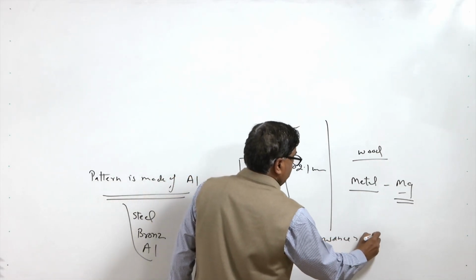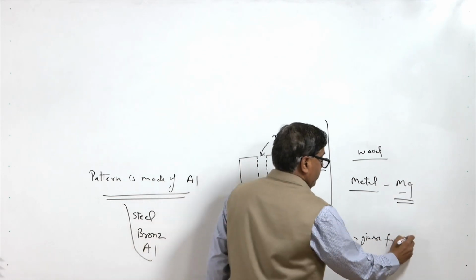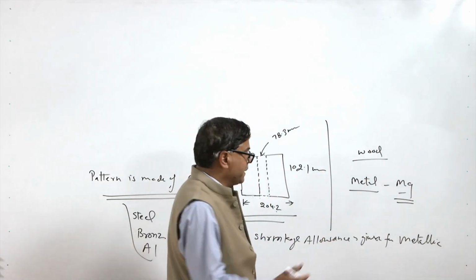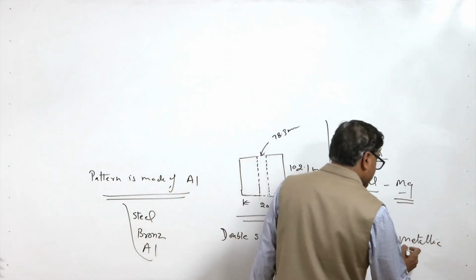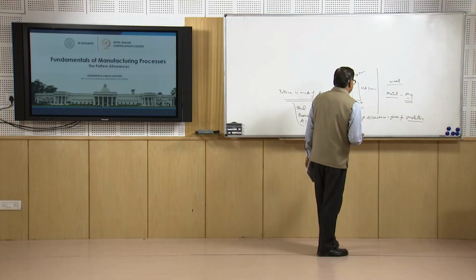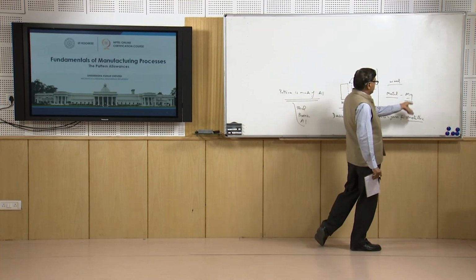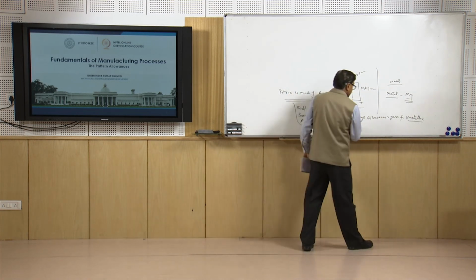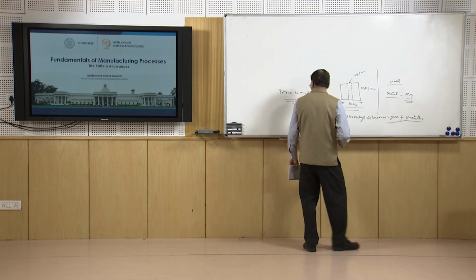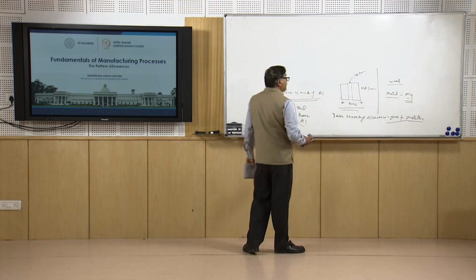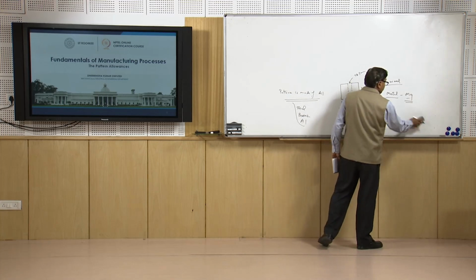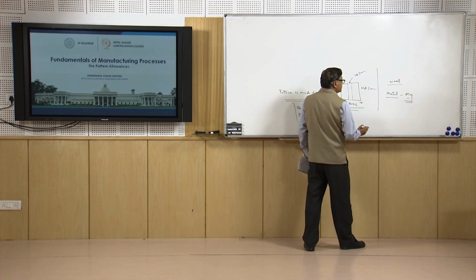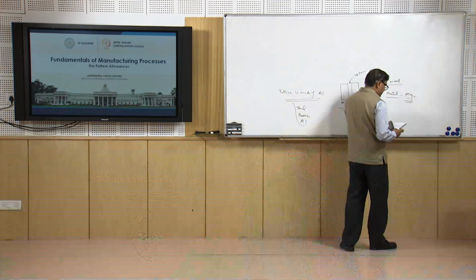is given for metallic patterns, because in that case first of all we have to make the pattern of wood, and thereafter after the casting we will be obtaining the metallic pattern. So, the metallic pattern will be given again the shrinkage allowance for the casting. So, the double shrinkage allowance is given. So, if we have to make the pattern of the metal, in that case these allowances, say the shrinkage allowance for the magnesium is